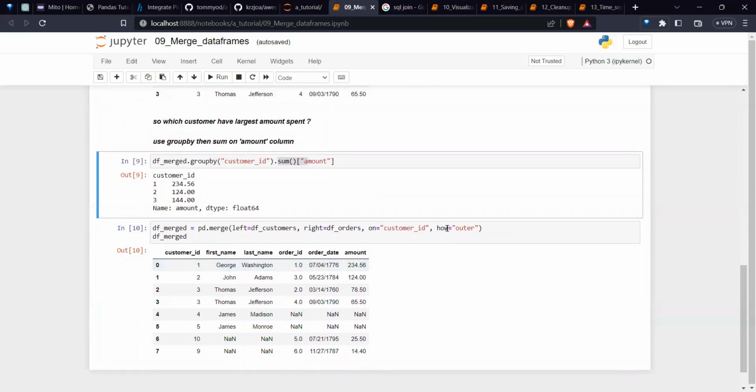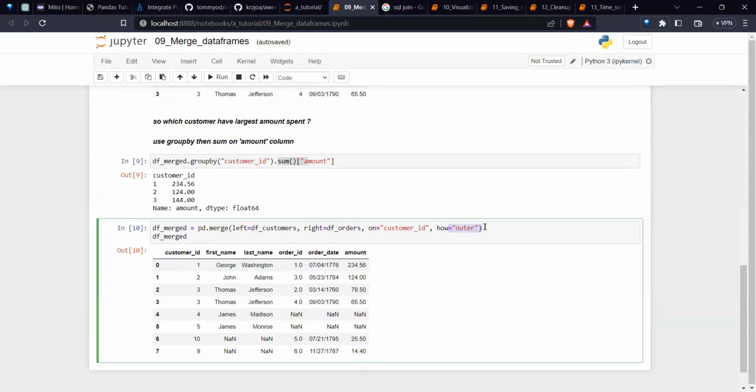And similarly, this is something like outer join. So left join means the left table, our customers table, all records will come. And in the right table, whatever matches are there, only those will come. The remaining will not come. Whereas